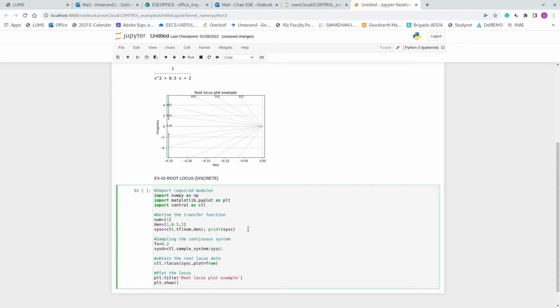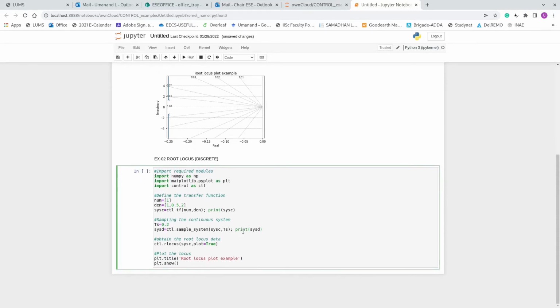The continuous domain system with the sampling time TS. So this is what you would get, the new system, and I would like to print the discrete transfer function. So this is the discretized transfer function of the continuous domain system SysC.